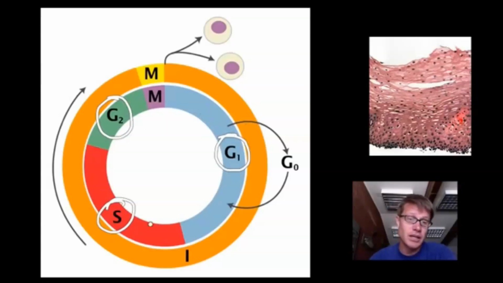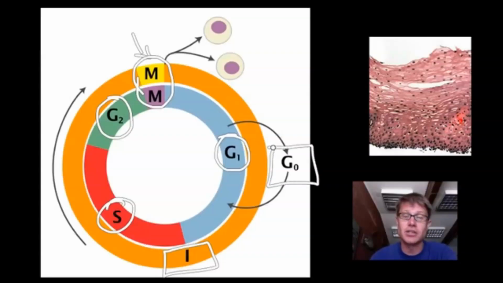And so G1, S, and G2 are all part of what's called interphase. If you look at a cell, it's generally in interphase. It's growing, it's copying its DNA, or maybe it's just working. It's doing what a normal cell does. And so most of the life of a cell is in interphase. It's in these three, G1, S, and G2. And the actual copying of the nucleus and copying of the cell, this mitotic phase, is really, really small. If it never divides again, it'll stall out in something called the G0 phase.